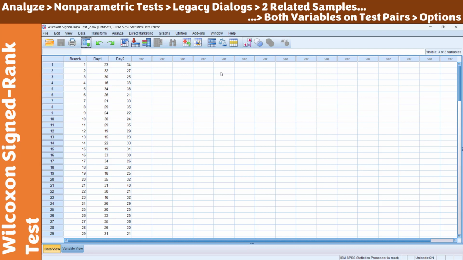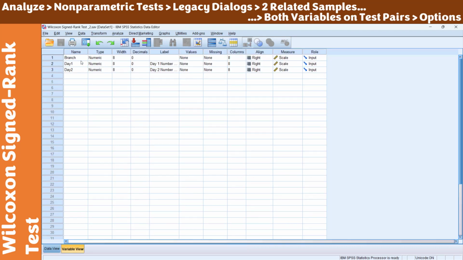So for this, again, even if the data seems to be ratio in level, since the normality was not established, we are going to use here the Wilcoxon Signed-Rank Test, which is the non-parametric equivalent of the paired samples t-test. Before we go to that, let us go here to our variable view and